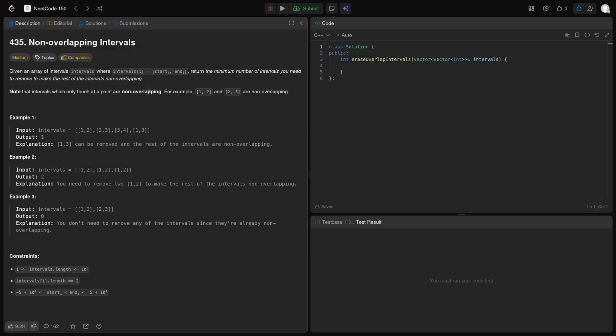So, first intuition is we can flip this and ask what's the max number we could take. Then we could do the number of intervals minus the max we can take, and we would do that by sorting by ends, and then we pick